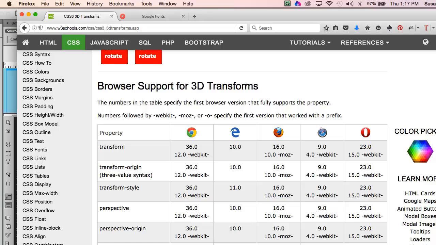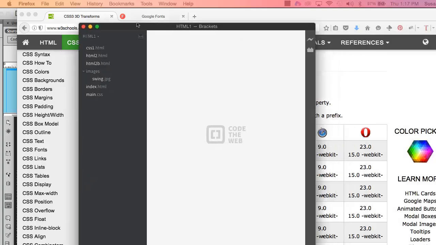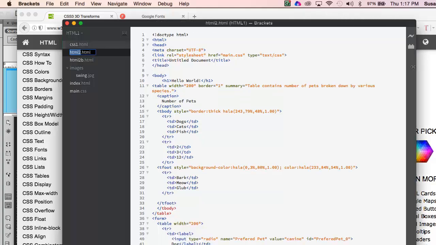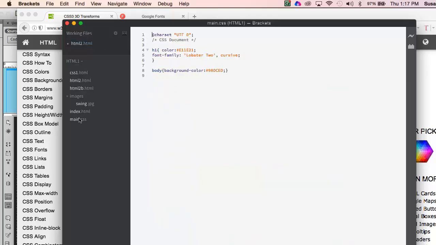For those of you who are using Brackets, it's going to be a very similar situation here. So you're going to have to do a little bit of typing, but it does help you with different things. If you're trying to style an inline style, it won't help you very much. Like say I wanted to add something to this, you're going to have to do all of your inline styles by hand because it tries to force you to do your styling in the proper locations. For instance, it really wants you to do your styles over here on, I have the main page opened up there. But let's say I wanted to do,